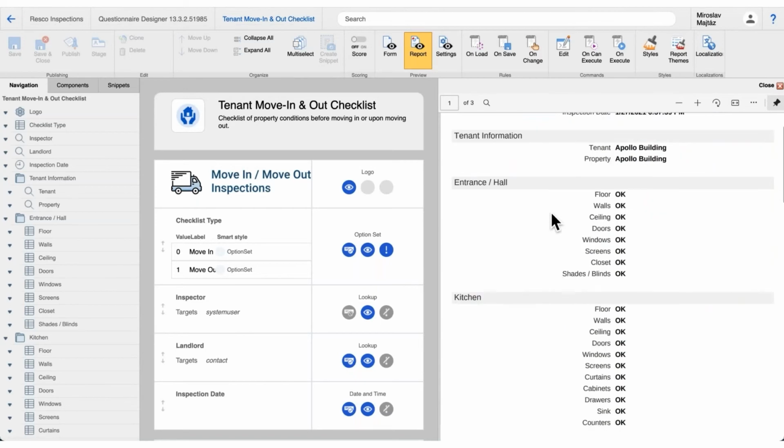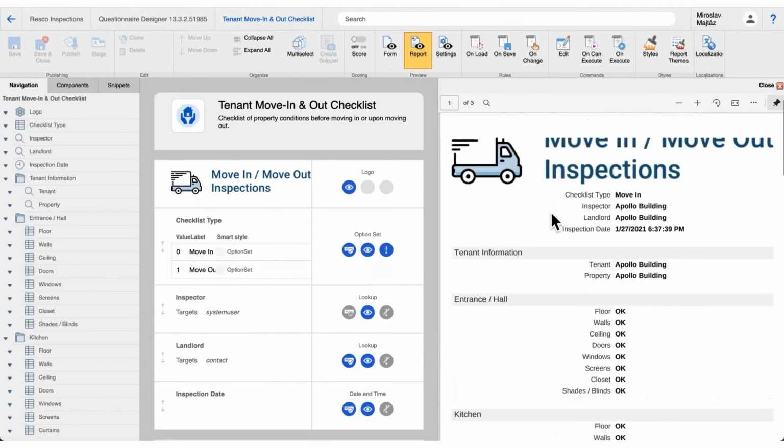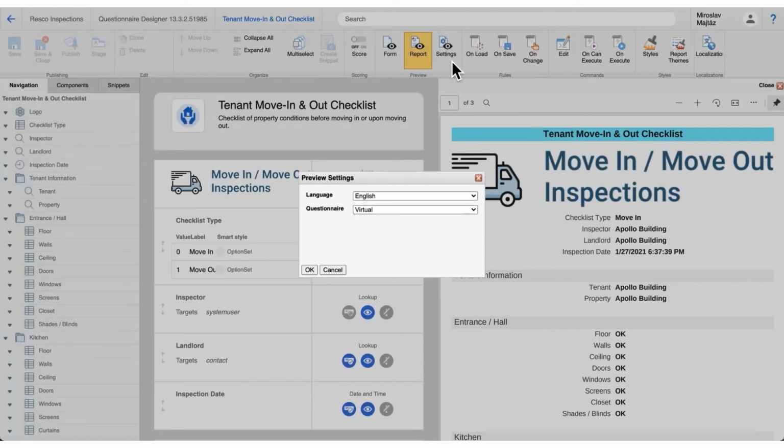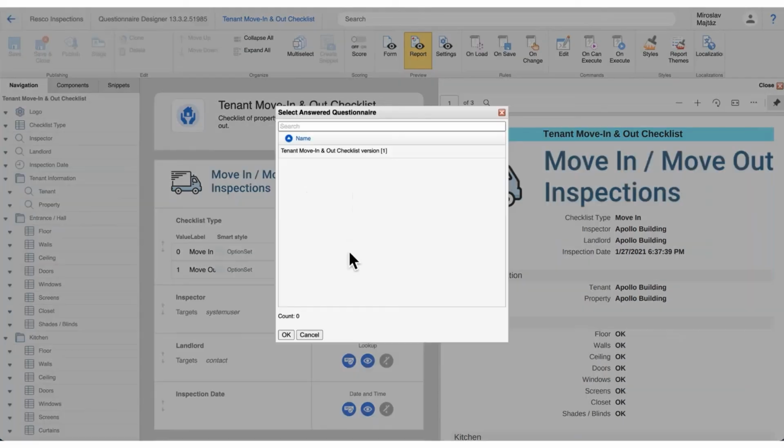By default, it takes answers from the virtual questionnaire. That means it simulates them and presents the output in the report. I can change that if I have an existing, already answered questionnaire based on that template I'm editing. And we can achieve that by clicking on the settings button and selecting existing. I happen to have one at hand, so I select it